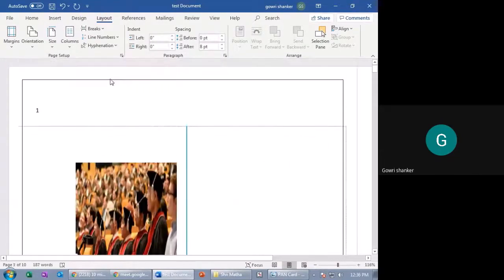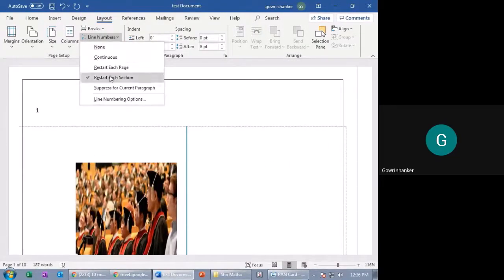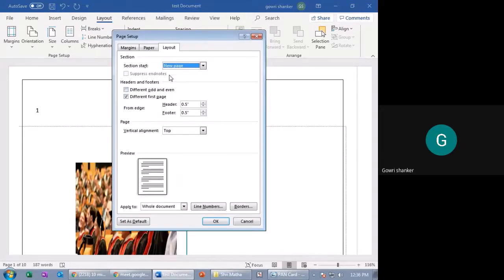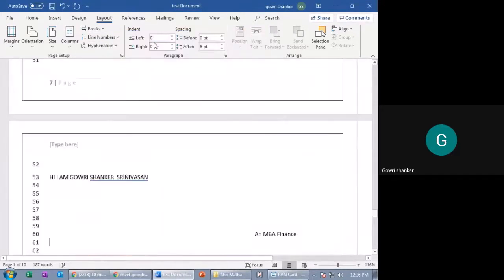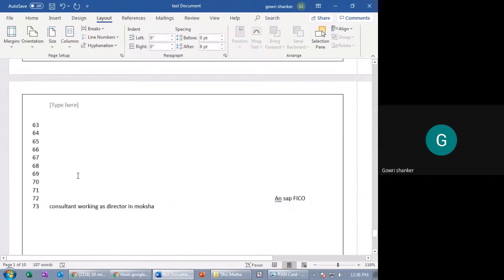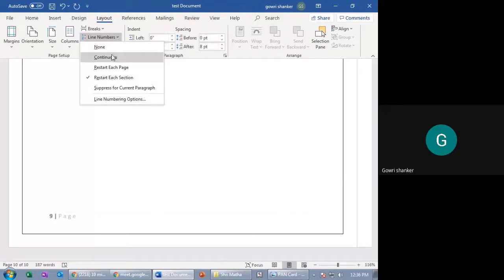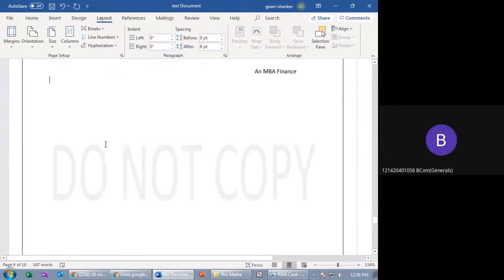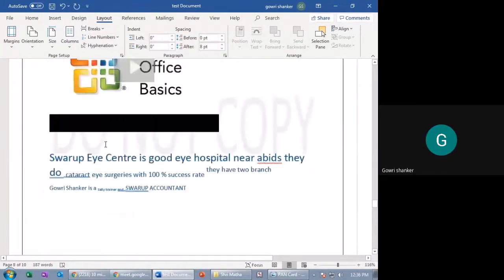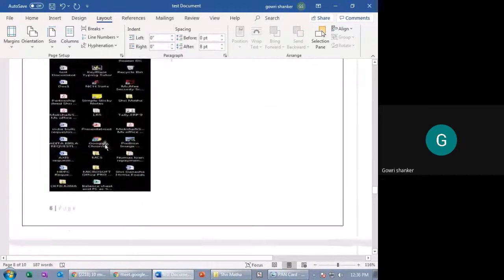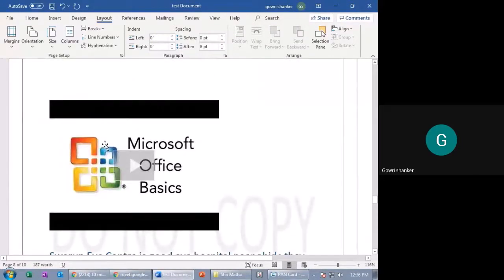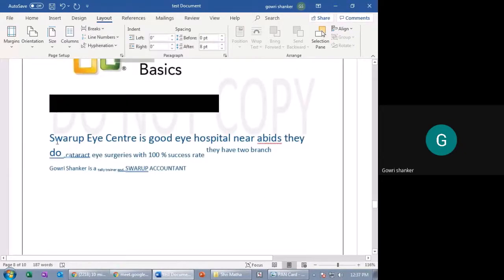This is 1. Right. And if you want line numbering options, you can give numbering to each line, like this. Each line is taken. This is line numbering. None means page numbers? No, sir. None means nothing. It is line numbers, ma. Means each line, for example, you have written 10 lines of a paragraph and you want to give each line numbering 1 to 10. By default, if you select this, you can see here itself.